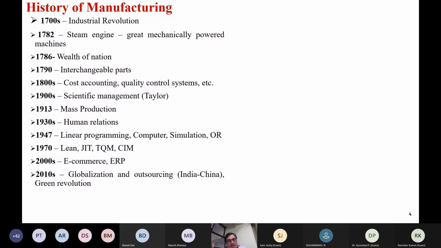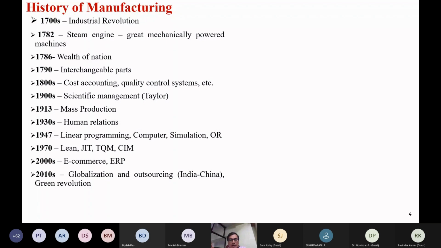Next, in 1933, mass production systems were introduced. The importance of human relations in manufacturing industries was highlighted. Then some OR techniques were also introduced in manufacturing: linear programming, computers, simulations, operational research. In that way, manufacturing evolved from the 1700s to 1970. Then came the Japanese concepts: lean, JIT, TQM, CIM, CAD, CAM, all introduced in manufacturing. Then e-commerce and ERP, and after globalization of the economy,